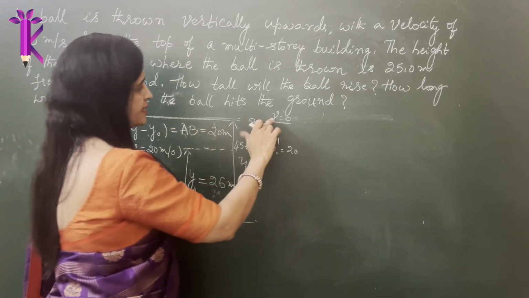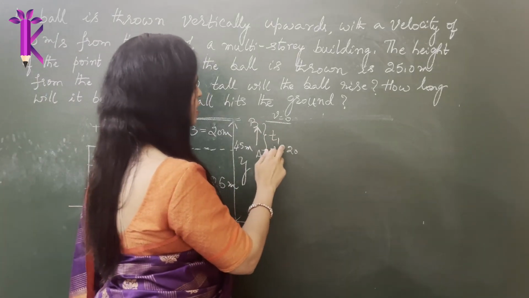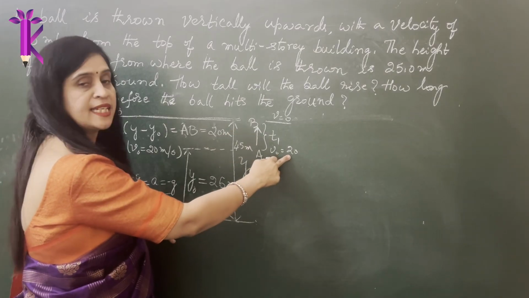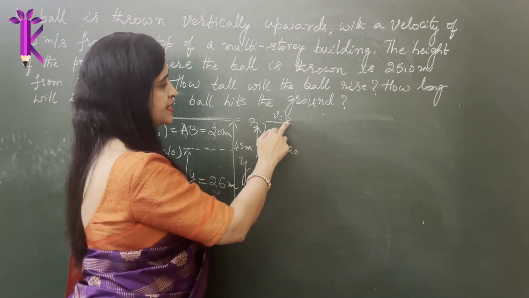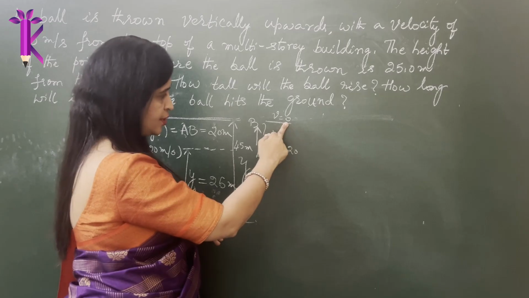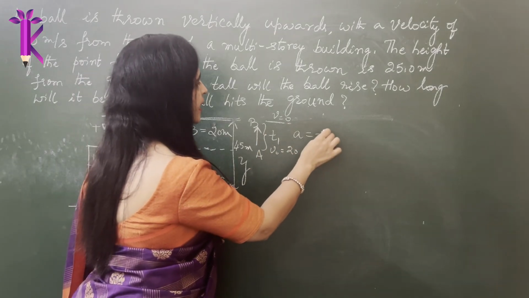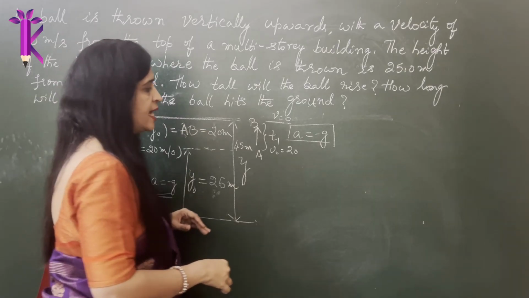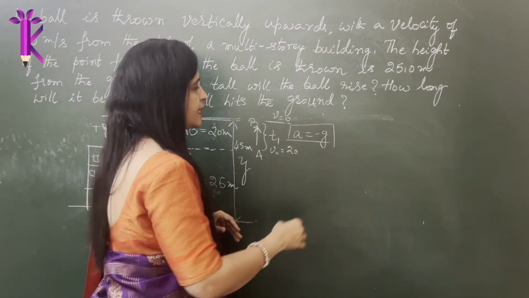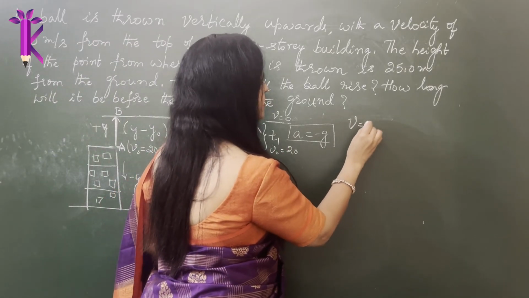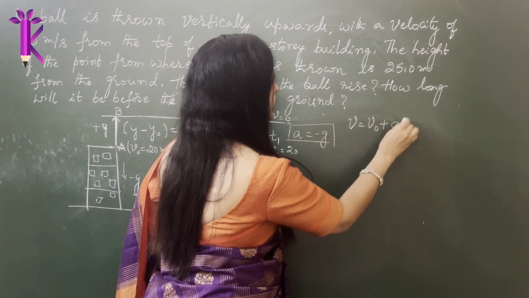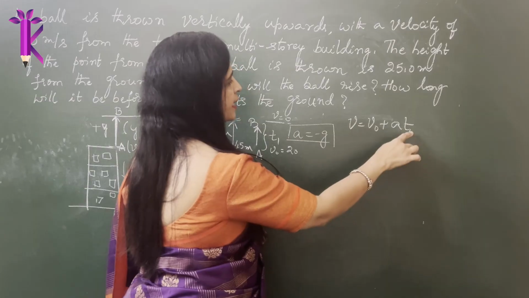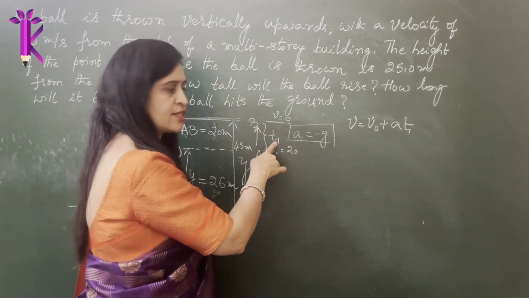We will do it. First, let's calculate the time T1 taken to travel a distance of 20 meters from point A to point B with an initial velocity of 20 meters per second and a final velocity of 0, with a taking the value of minus g, because acceleration due to gravity is always in the downward direction. What is the equation of motion that you can use? You could use v = v naught + at. Why? I know a, I know v naught, I know v. I only need to calculate time. Here the time that is assumed is T1.